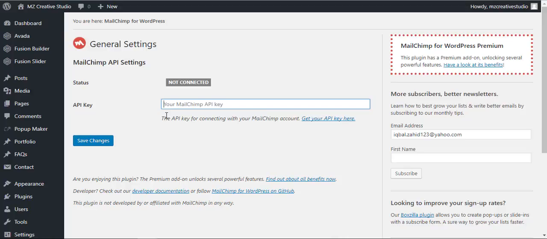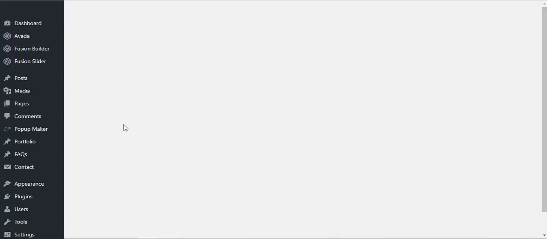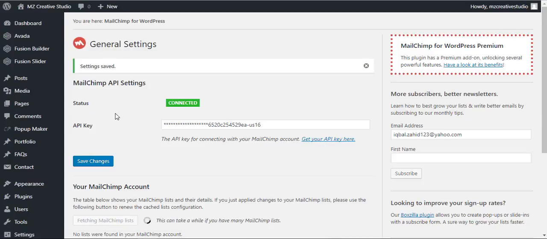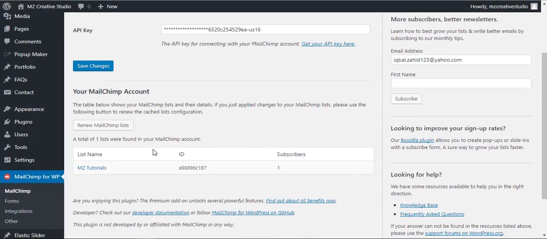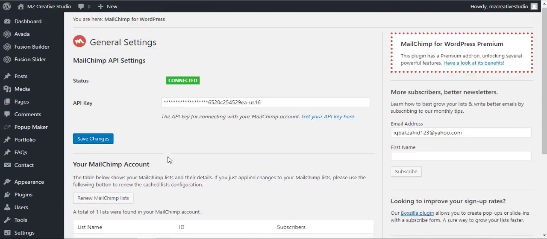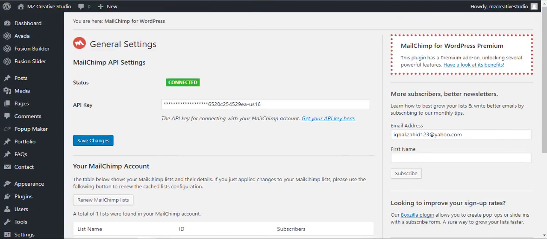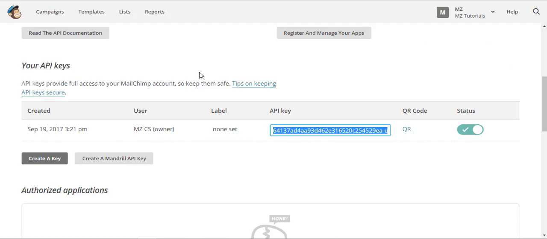So paste that API key here. Now save the changes. Here you go. You can see the connected link. Done, Mailchimp list updated, and here it also brings the list we have. I can show you. One second. Go to